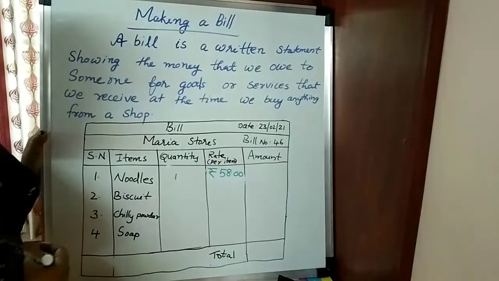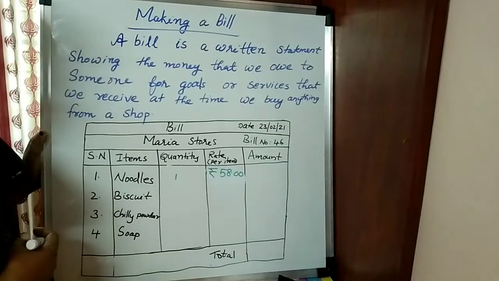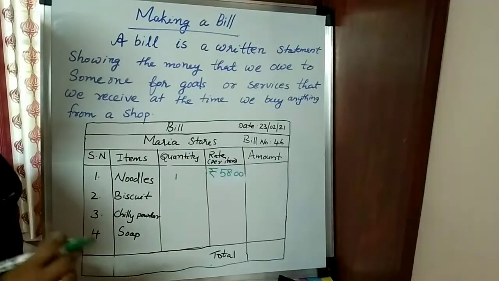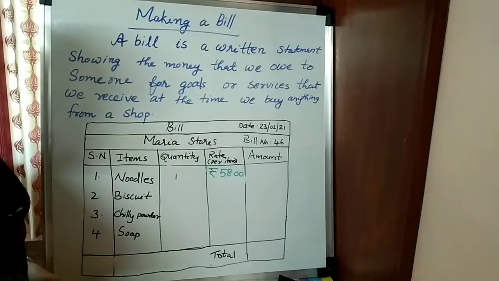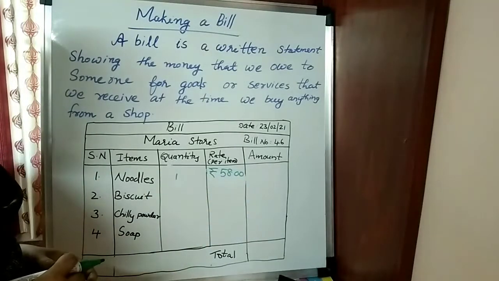So here you write rupees 58. Under the cost or rate, here you write 58.00. That means this dot represents